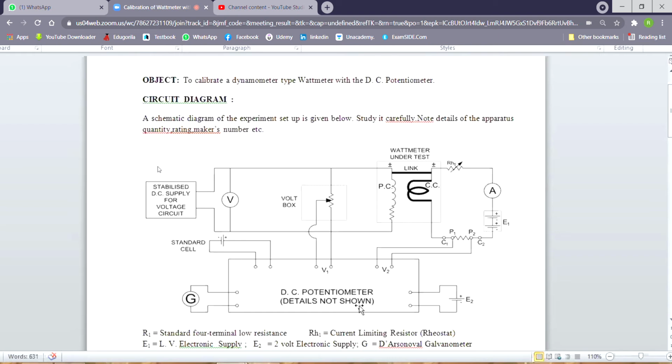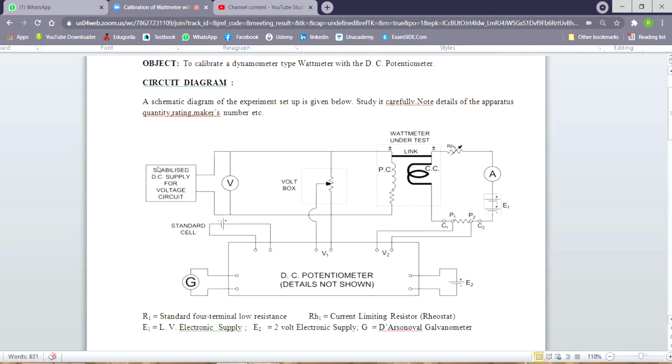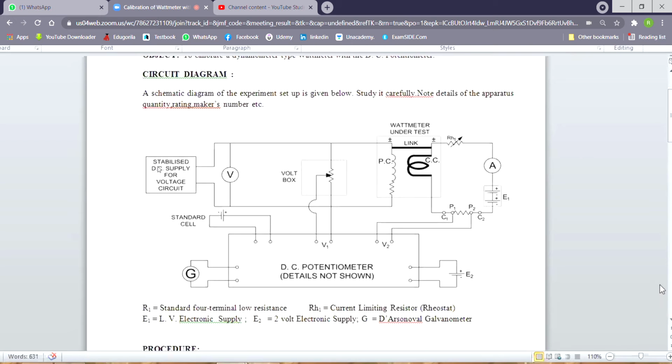Now, one more thing. Now we concentrate on the potentiometer circuit. I shall show you the video, but later, not now. First, let's understand what is happening here. First consider the potentiometer. Potentiometer always measures either V1 or V2. There is a selector switch inside the potentiometer, which is not shown. You will get it in the video.